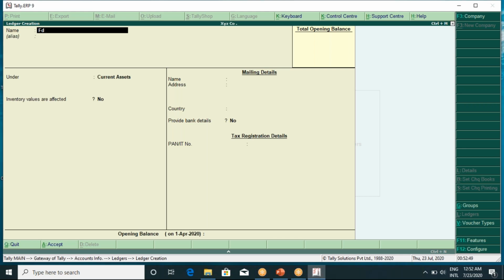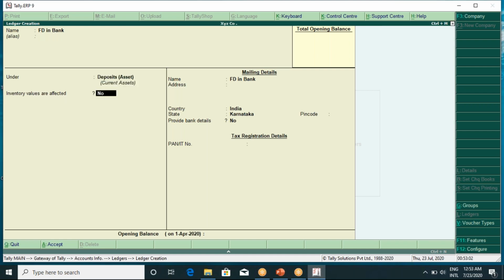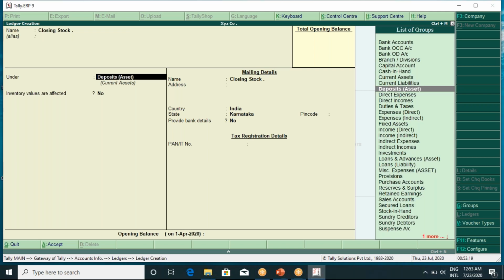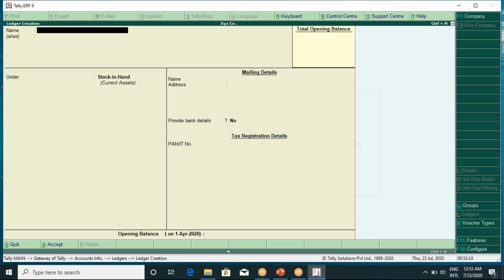FD means fixed deposit. FD in bank. Fixed deposit comes under deposits accounts, so you take it as a deposit account. It's a deposit. Next one is closing stock. Closing stock comes under the stock-in-hand group. Next one,